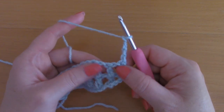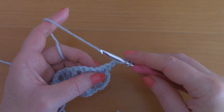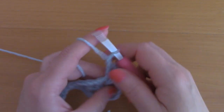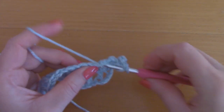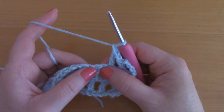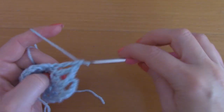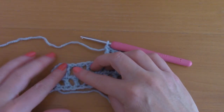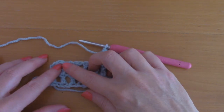Skip the next chain and go into the next stitch, which is a double crochet from the previous row, with a double crochet, chain 1, skip a chain and go into the next with a double crochet, chain 1, skip a chain and go into the next with a double crochet, and just carry this on for this row and every row. And don't forget at the end of this row to place your double crochet in this stitch,